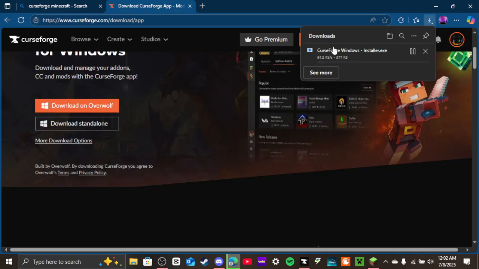Now you're going to go through here, and once the installer is done, it'll download this. This is all it really needs, so that way it can open up the rest of Curseforge. Now, once that's done, you'll be able to open the file and open up the installer, and then you'll have Curseforge. But as you see, I clicked open file,